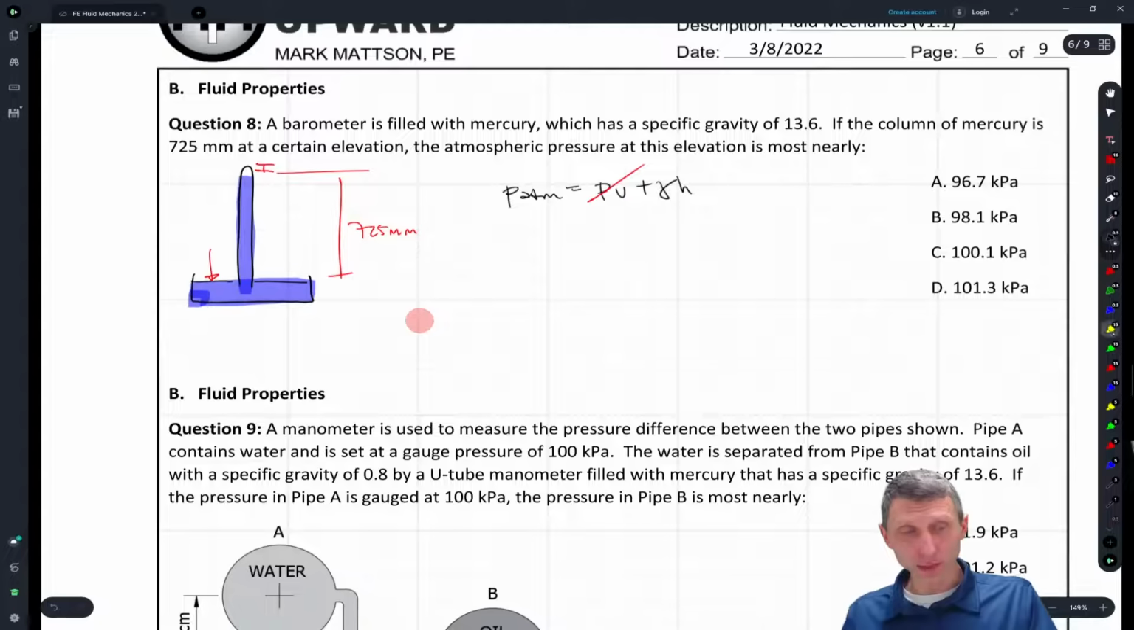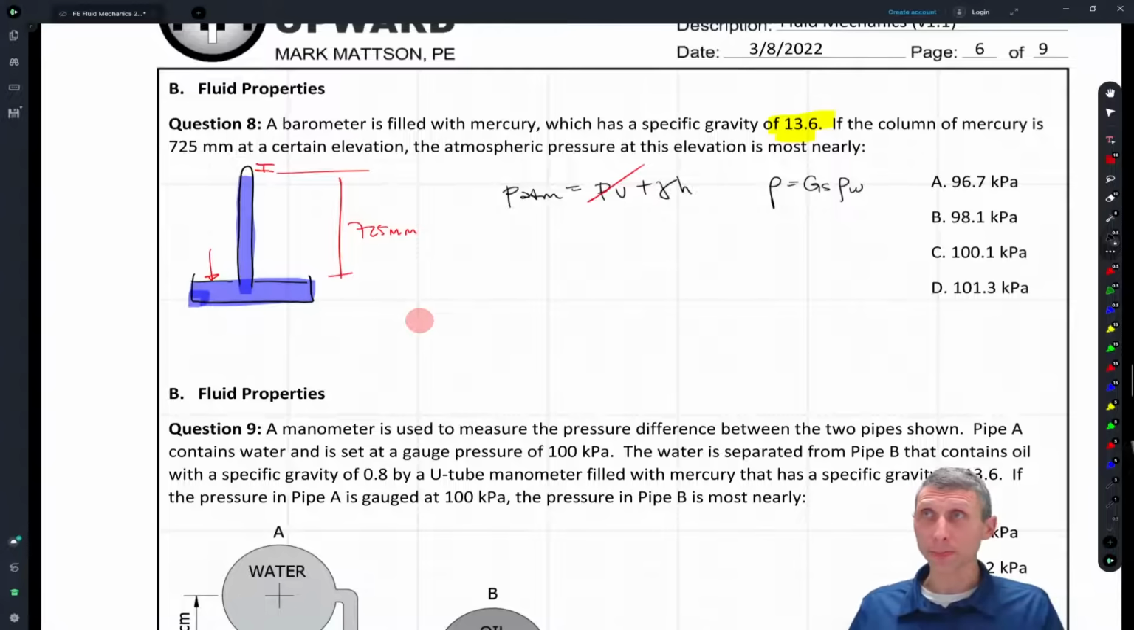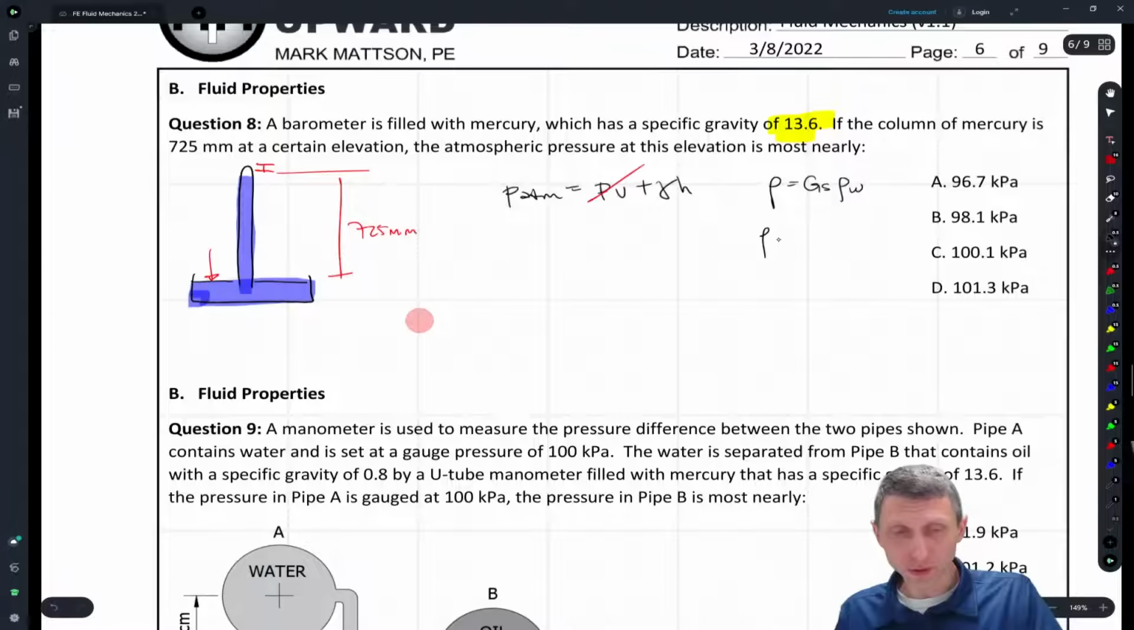Well, we were told that the mercury has a specific gravity of 13.6. Okay, so how do we find what we're looking for? Well, we know that rho essentially is going to equal the specific gravity times the density of water. The specific gravity is basically the ratio of the material's density to the density of water. So what does that mean? Well, it means that we have rho of mercury equals 13.6